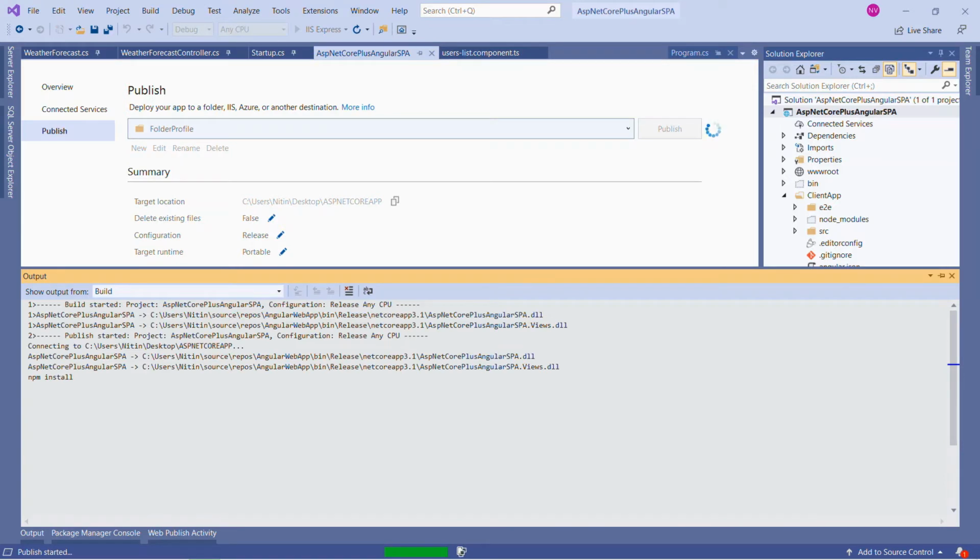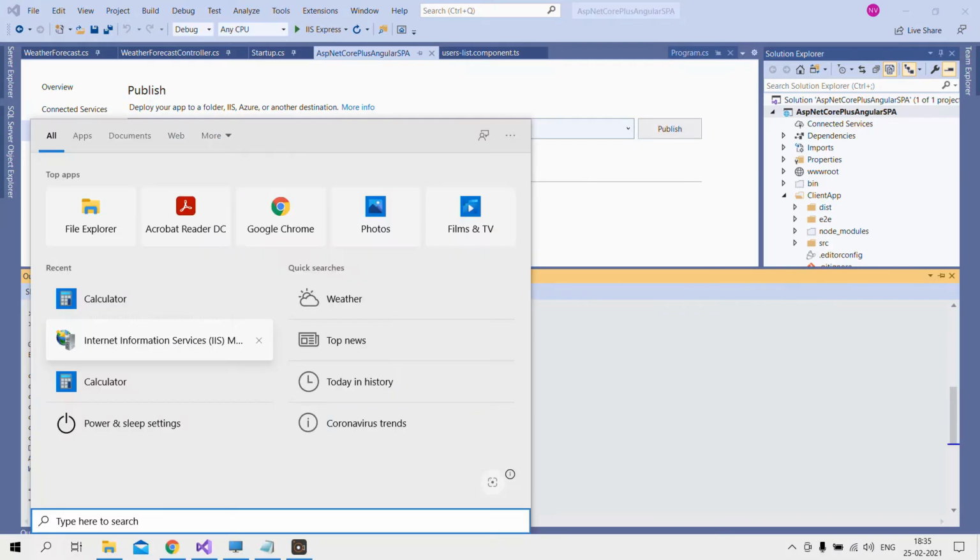Now we can see multiple commands are performing here. We can see npm install is here and ASP.NET Core SPA and all of that is going on. Okay, let's switch to IIS